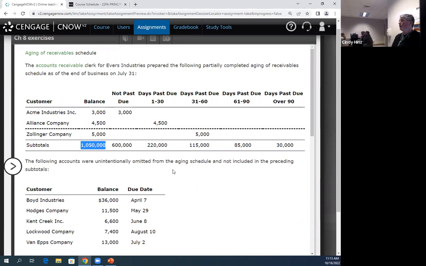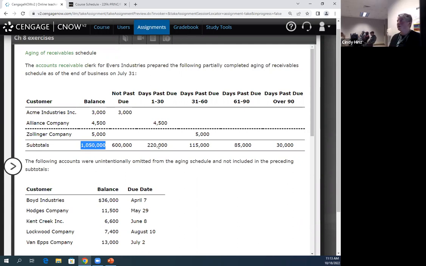We'll get to that. But assume for now that that table at the top, and obviously this dotted line means that they have excerpted a bunch of stuff that comes between A and Z. These companies look like they were in alphabetical order, starting with Acme and ending with Zollinger. And there's a whole bunch of stuff in the middle that they've just taken out because it's too much to put on the screen. But if that was our whole accounts receivable, what that would mean is